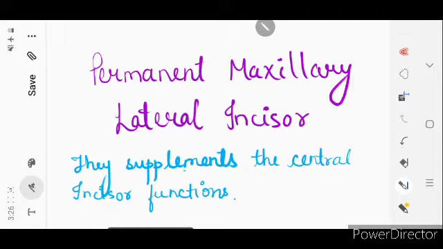आज का हमारा टॉपिक है परमानेंट मैक्सिलरी लेटरल इंसाइजर्स। लेटरल इंसाइजर is mainly small in all dimensions except at the root length because it mainly resembles the maxillary central incisor in form, and direct comparisons are made with the central incisors in its descriptions.